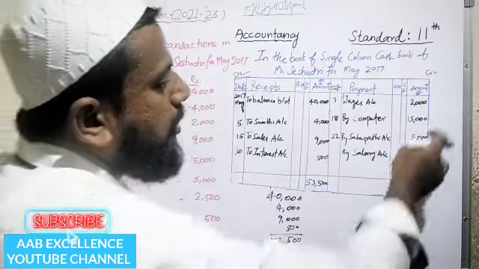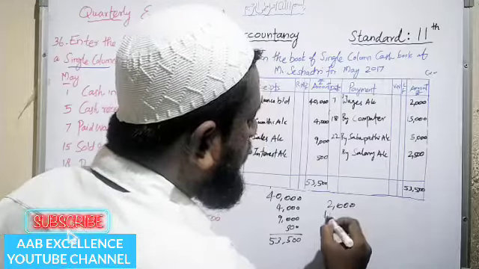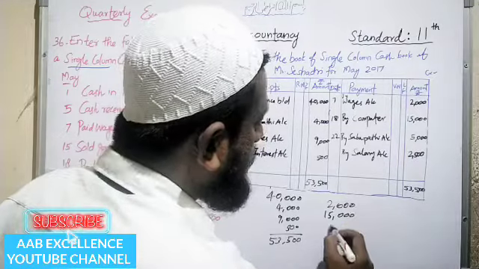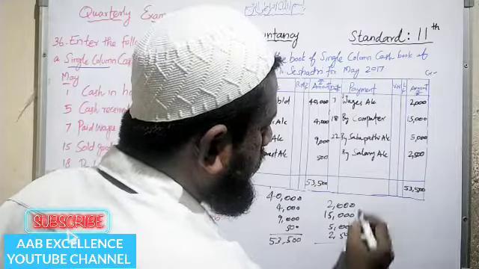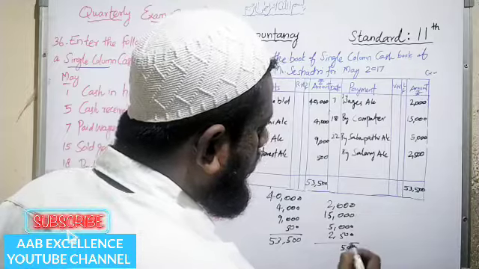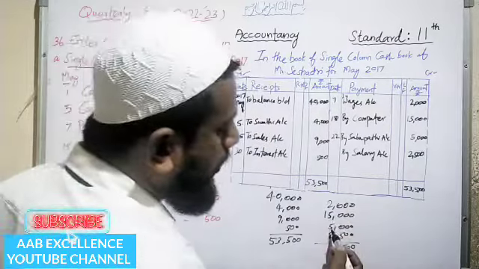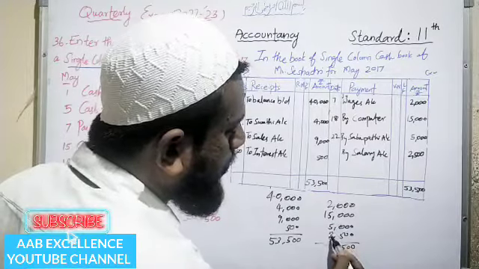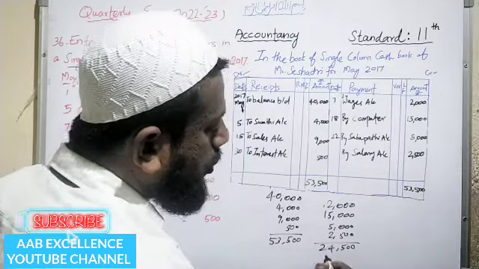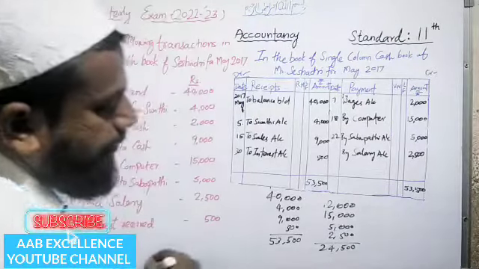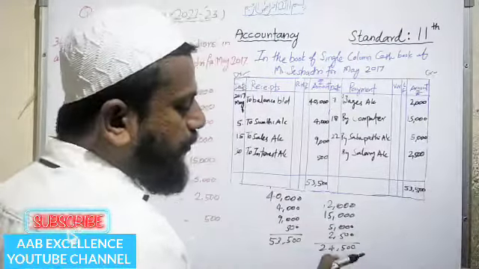53,500. Okay, students. So on this side, what is the calculation? So 2,000, 15,000, 5,000, then 2,500. Okay, students. Then 0, 0, 5, 2 plus 5, 7, 7 plus 5, 12. Okay, students. 12 plus 2, 14, 4 remaining 1. So 24,500. Okay. So the calculated amount on this side is 24,500.